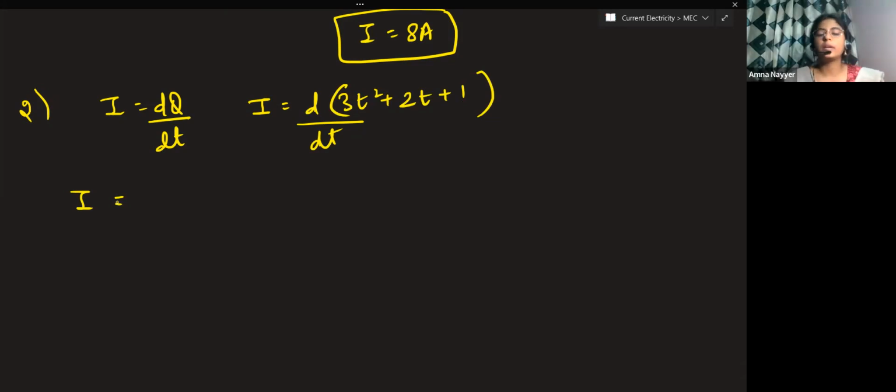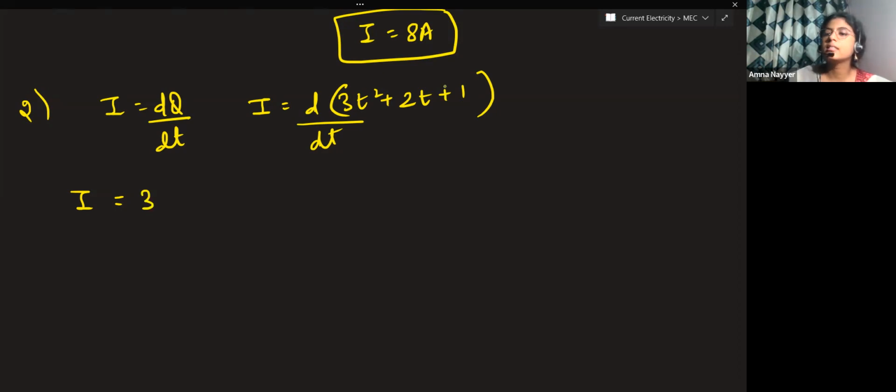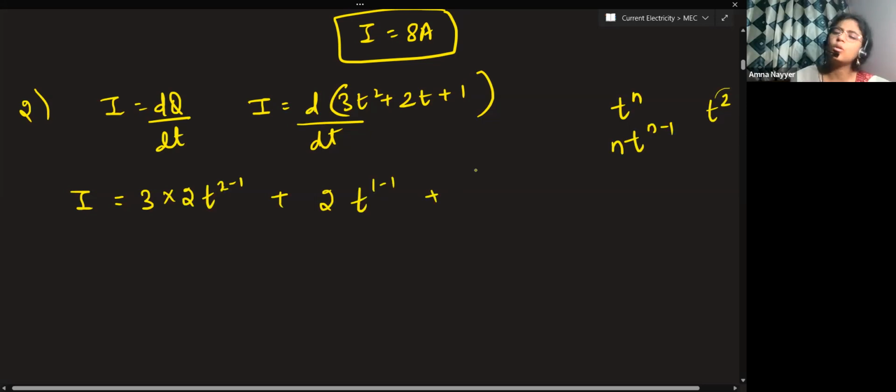Now 3t square. 3 is a constant, it will come out. Powers: if it is t to the power n, it becomes n t to the power n minus 1. Here t square, your n is 2. So 2 will come out, t to the power 2 minus 1, plus 2 will come out, t to the power 1 minus 1, plus constant differentiation is 0. So I is what? 3 multiplied by 2 is 6, t to the power 1